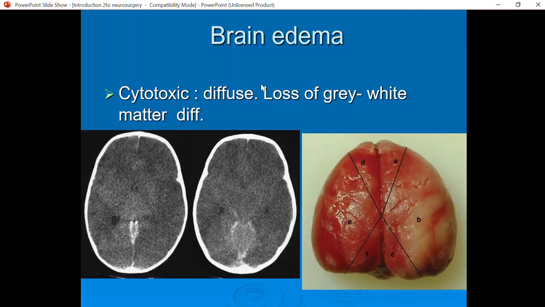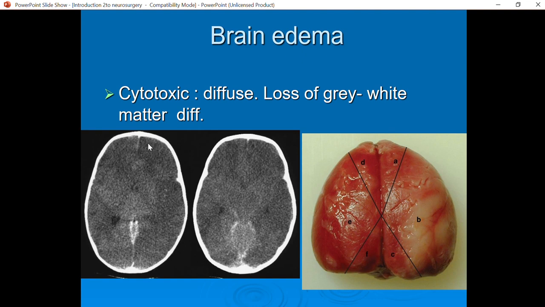Okay. The brain edema. Generally there are two types of brain edema anywhere, that is cytotoxic or vasogenic. The brain edema which happens after head injury is usually cytotoxic, and steroids have no role in preventing or reducing the edema after head injury. Okay. The sign of the brain edema in CT scan is loss of the gray and white matter